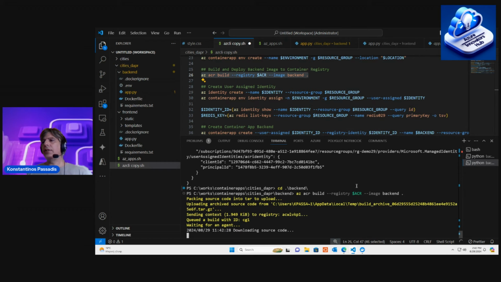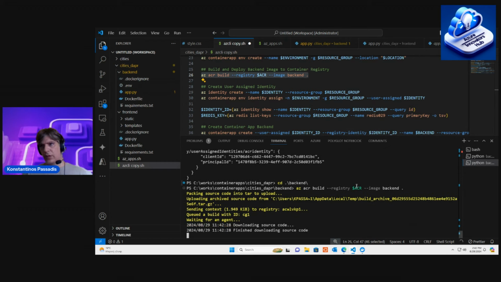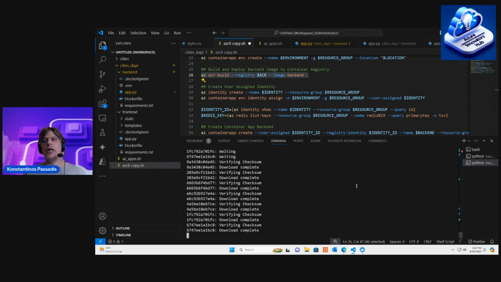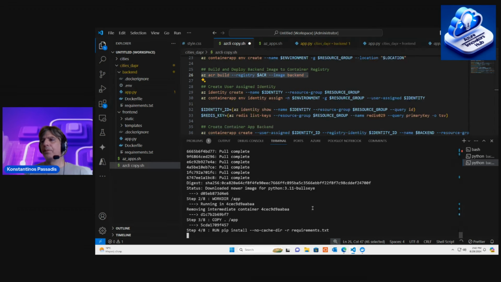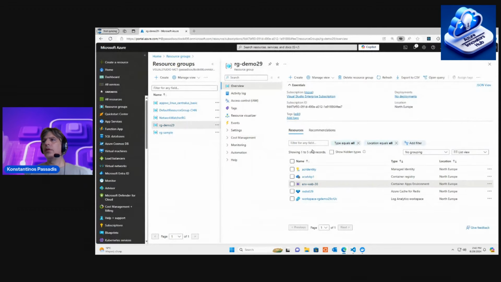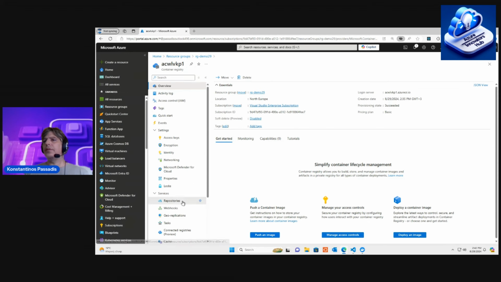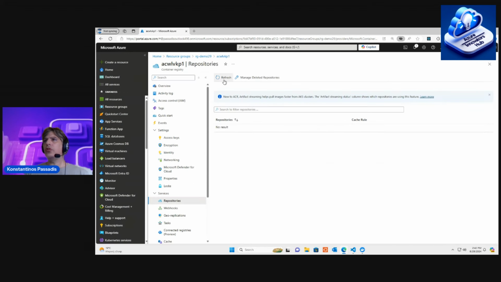And it is starting to break down our code into chunks, right? If you remember, or if you know how Docker works, it breaks down our application into different chunks, and it is uploading these chunks into the container registry, constructing a repository for our image. We will find it here in the repos section. Very soon it will appear